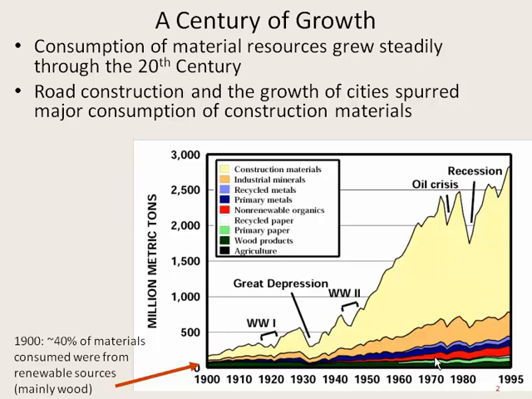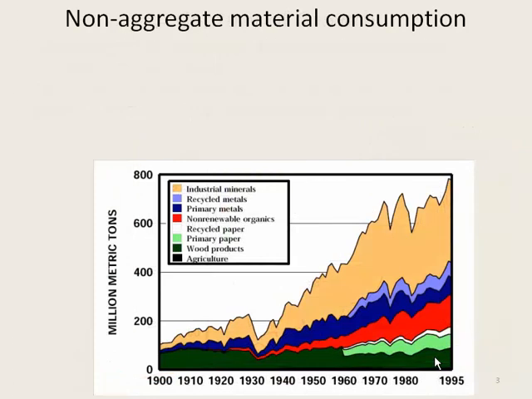If you contrast the current day and age back with the turn of the last century in 1900, it's interesting to note that about 40% of the materials we consumed were from renewable sources, and wood construction was probably the most typical major construction component. Since then, composites, metal, other asphalt shingle materials, and a lot of other non-wood products have come in increasingly heavy use. By 1995, only about 8% of the materials consumed were considered renewable. We'll look at this chart in some more detail in the following slides.